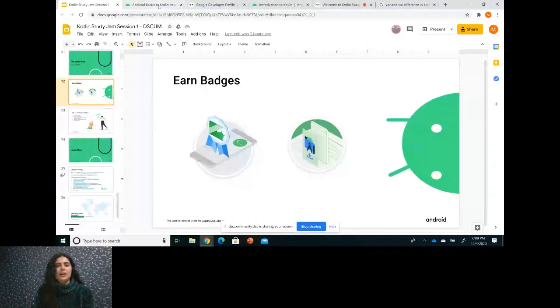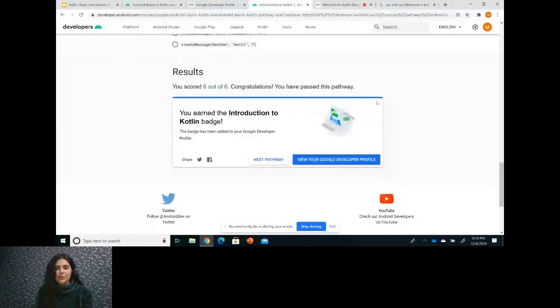At the very end of completing each of these quizzes, if you have already logged in, you see it saying you earned your badge since you have passed the quiz. Then if you click on this button here, you're going to see your profile with your badge. Otherwise, if you're not signed in, it's going to give you a message box around here saying to sign in to earn your badge, and it's automatically going to be in your profile.